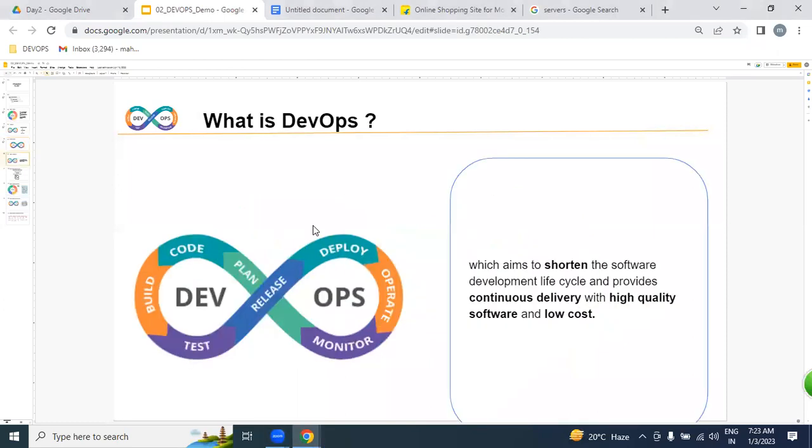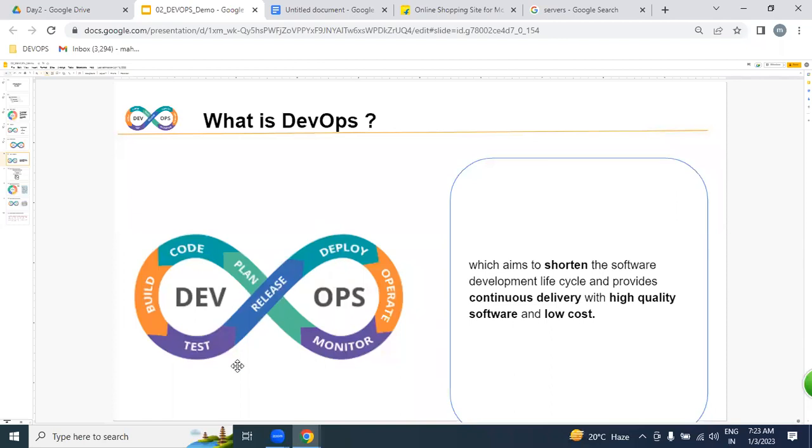Is DevOps a technology like Java or .NET? The answer is no. DevOps is not a technology like Java, .NET, or Python. DevOps is a process, a methodology.